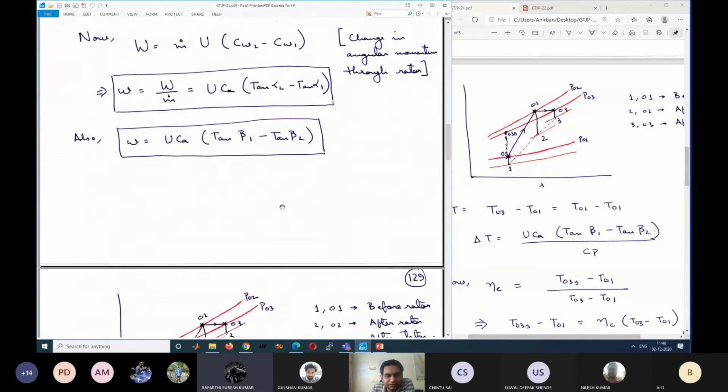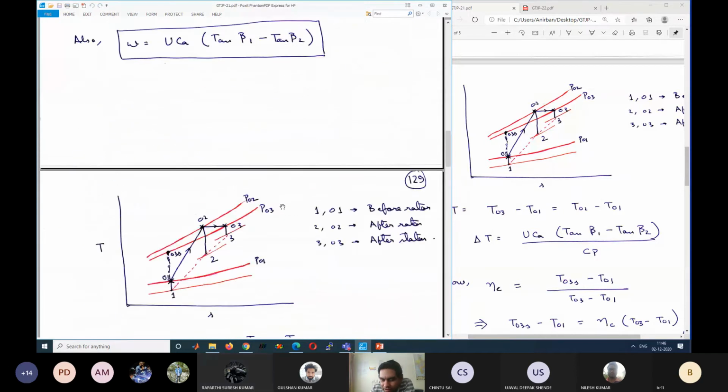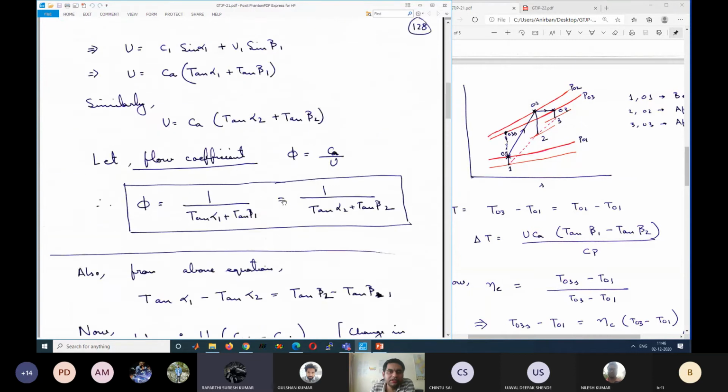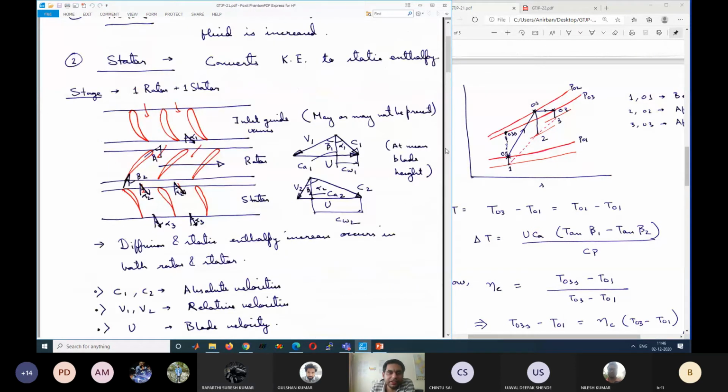So it acts like a diffuser. But work done will also be added, sir? Yes, work done is also getting added. So both functions are going on. The rotor is acting like a diffuser plus work done is also added. As a result, the kinetic energy is also increasing. If the work done was not added, kinetic energy could not have increased. Because both are there, both the static enthalpy plus kinetic energy are increasing. So you get a large increase in kinetic energy as well as increasing static enthalpy.